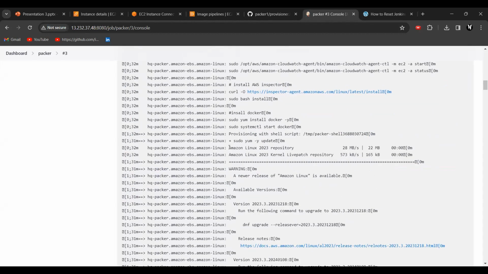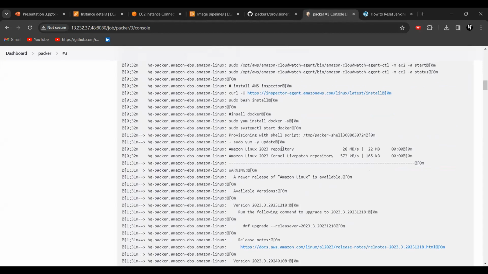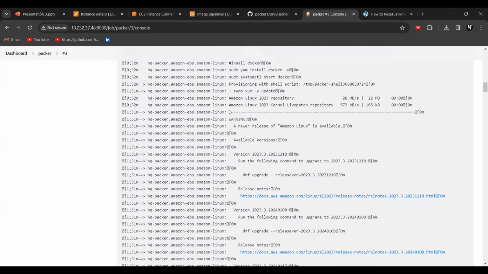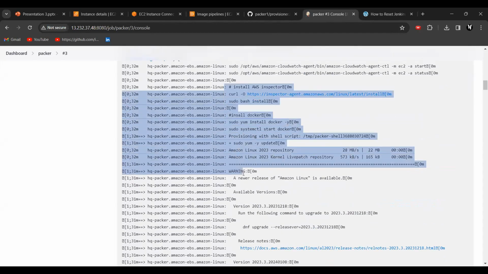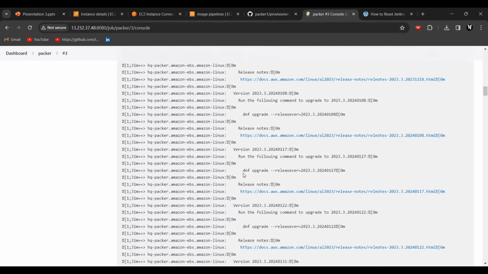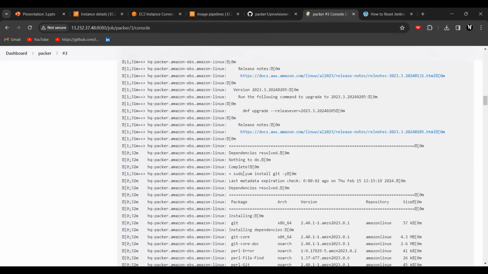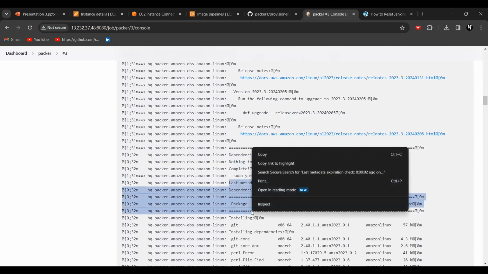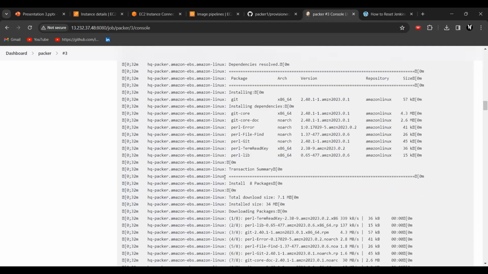Okay, next thing is that, as I said, this Amazon Linux AMI will be initialized. With the AMI, it will send these software packages to the AMI so that it will become a golden AMI. That is the process. Here, if you see, dependencies resolved, nothing to do, complete. Okay, downloaded size.